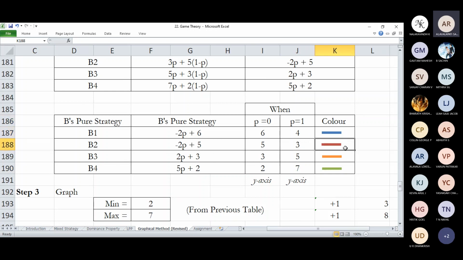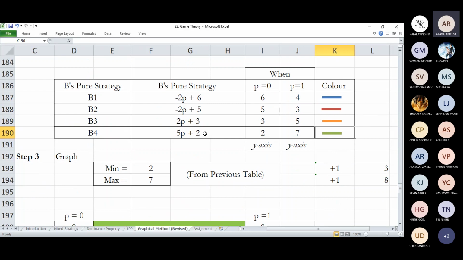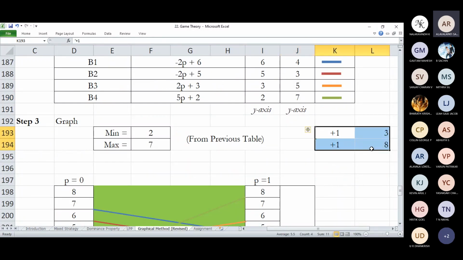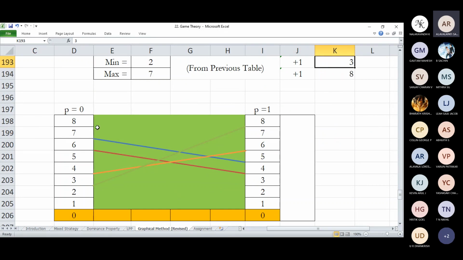In color, we have got these four color sticks that will be used for making the graph. Here, luckily, we don't have any negative term. So the minimum is 2 and the maximum is 7, and both fall in the same criteria. As I told you, it's not mandatory, but I prefer to add 1 to it so that your graph does not finish here, so the graph does not cut abruptly.